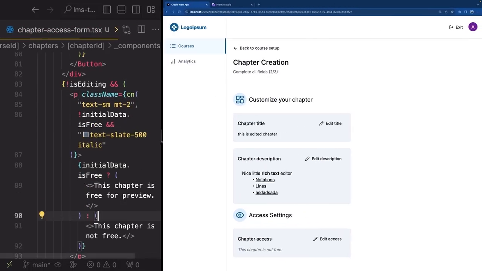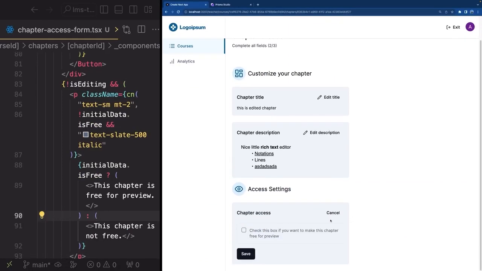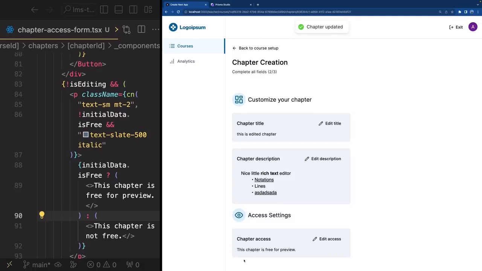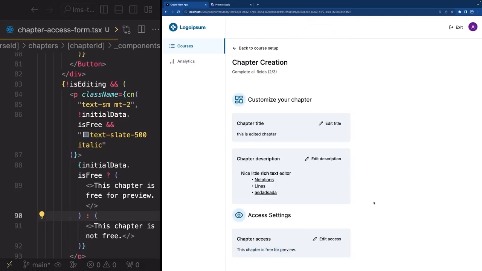So let's take a look at now. And there we go. So access settings, it says chapter access, and this chapter is not free. And if I edit this, if I mark this as free, and if I click save, let's see if that's going to work now. There we go. Now it says this chapter is free for preview, and if I refresh, there we go, it's right here. Great, so we finished the access settings, and what we have to do now is we have to add